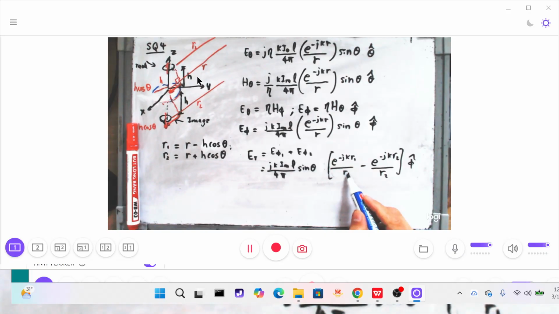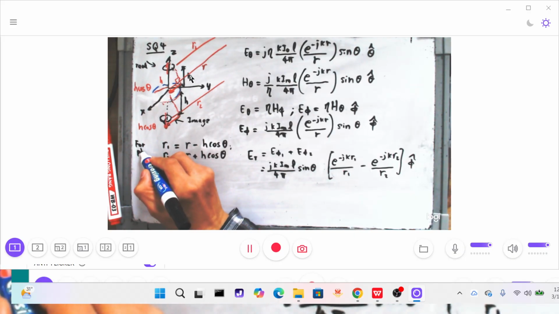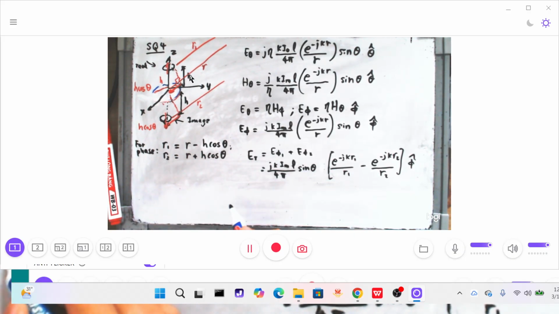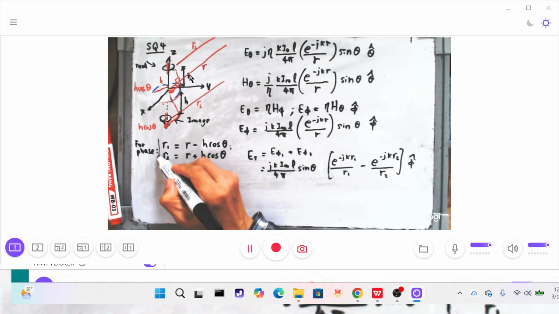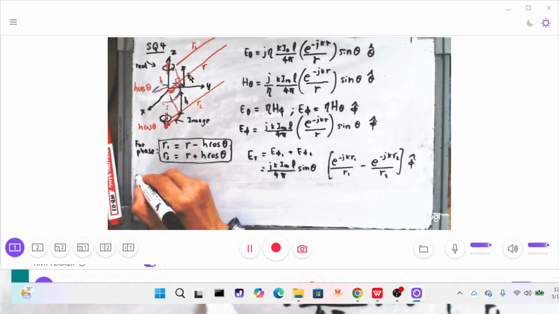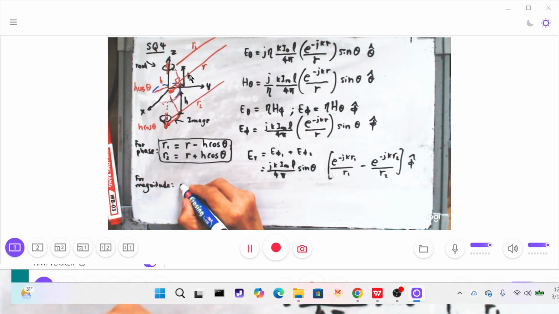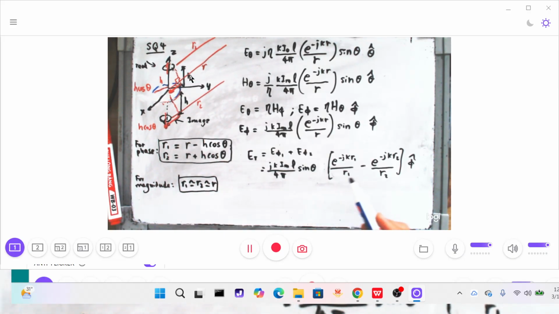for magnitude, you can assume arrow 1 for phase, right? So for phase, we have these two equations. For phase, we can have this. But for magnitude, we have arrow 1, arrow 2, and arrow. They are more or less the same. So we are going to use these two assumptions to approximate